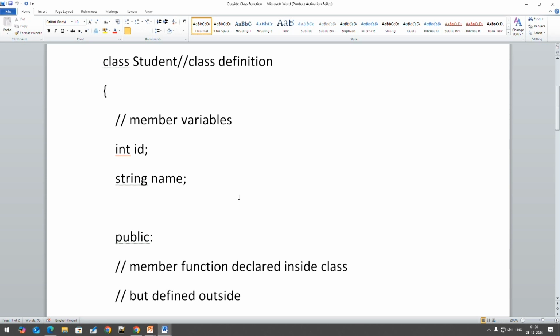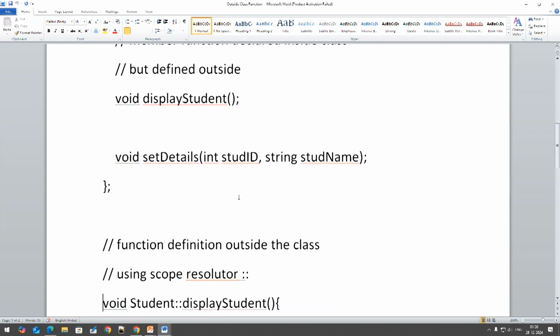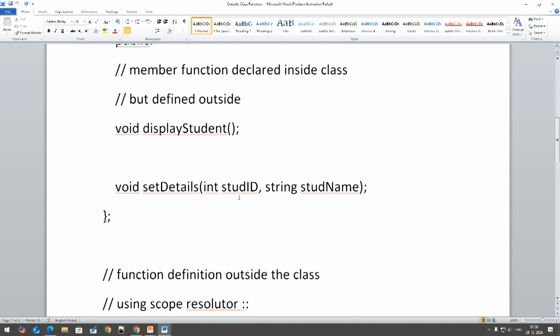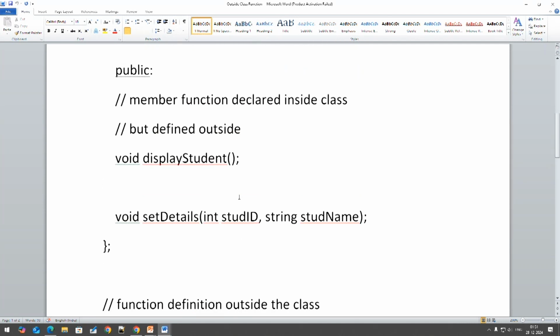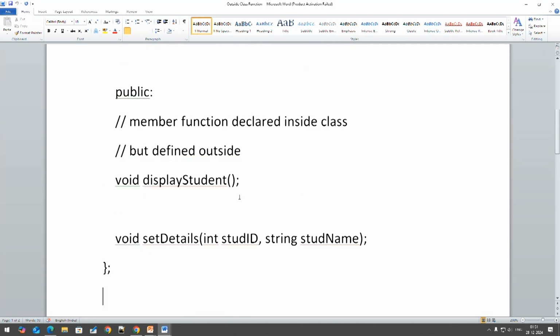This is the same as we used in our earlier slide, but over here the difference is that I have declared two functions, void display student and void set details with int student ID and string student name, in the class itself.